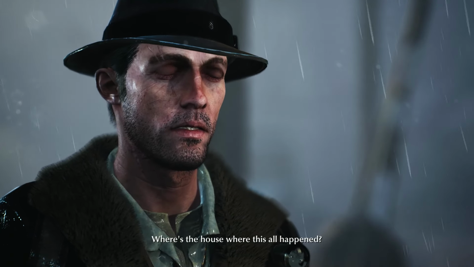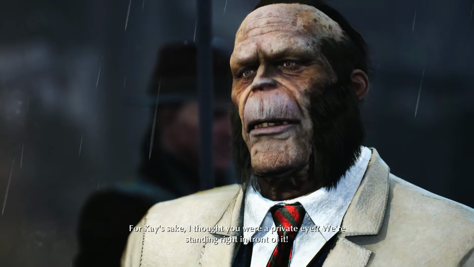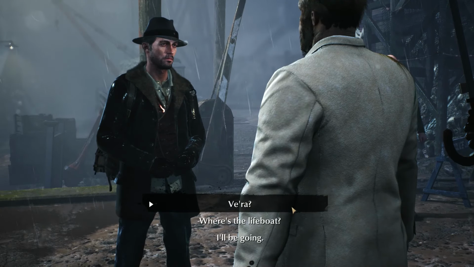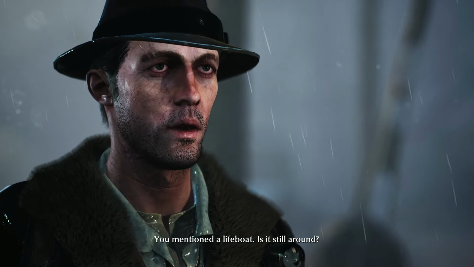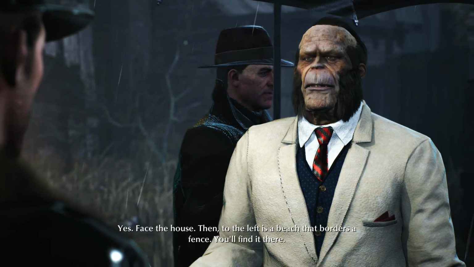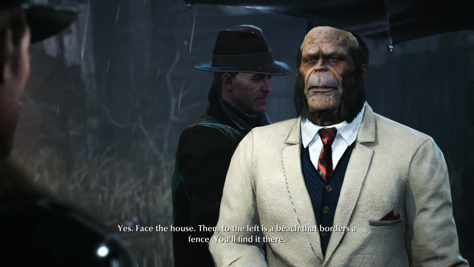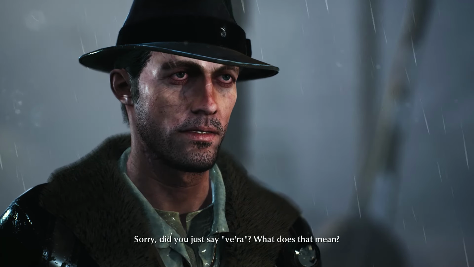Where's the house where this all happened? For Kay's sake, I thought you were a private eye. We're standing right in front of it. You mentioned a lifeboat. Is it still around? Yes. Face the house, then to the left is a beach that borders a fence. You'll find it there. Sorry, did you just say...